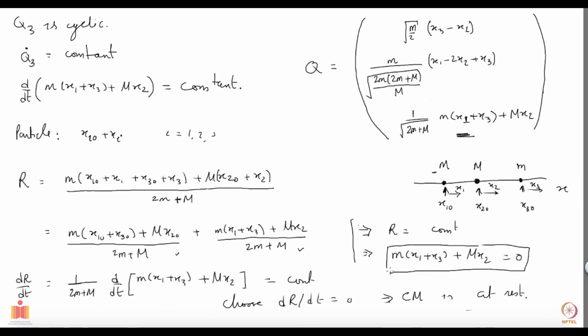Okay, now what I will do is I will take this and substitute in Q and look at what my normal coordinates look like when I impose this. This is nothing extra, it's a choice I make. It's basically saying that I'm going to a frame of reference where the center of mass is at rest. If you go to another one, it will be moving with some velocity.